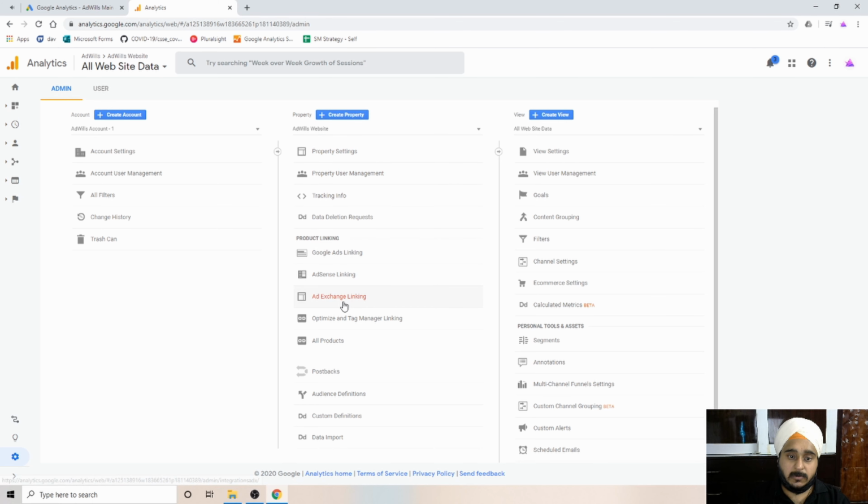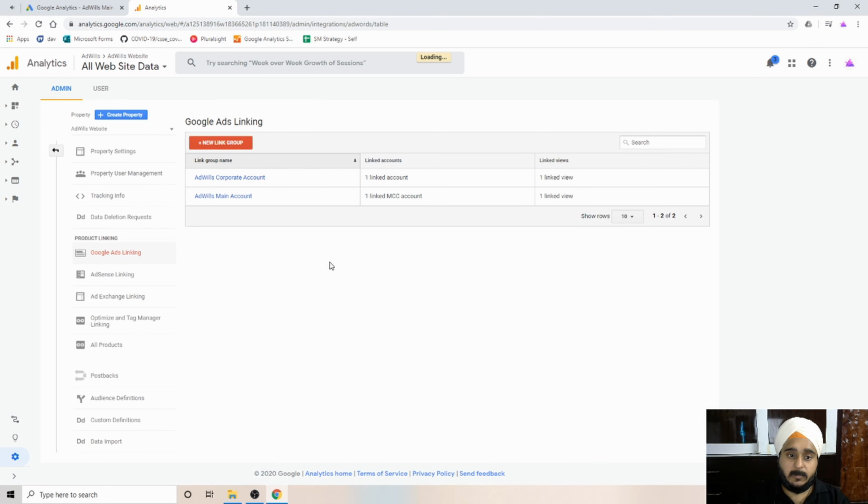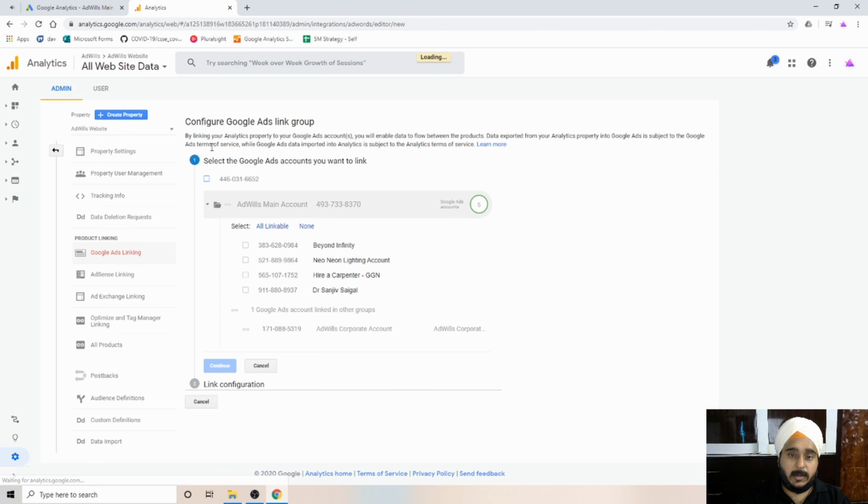Under this right property, we go to the product link, Google Ads linking. If you're using the same email, it will populate here, or you can click on plus New link group, and it will give you all the accounts that you might have under your email, and you can select them and link them up with this particular website's analytics.